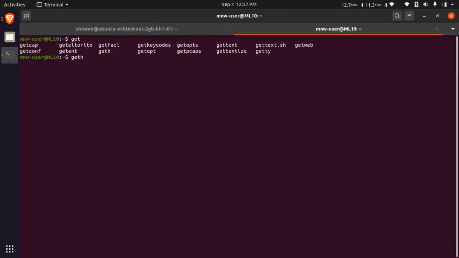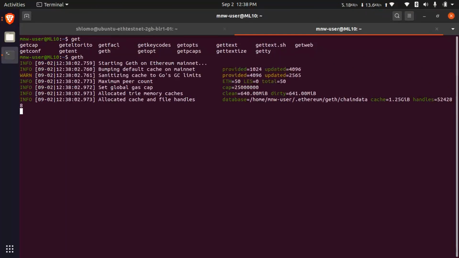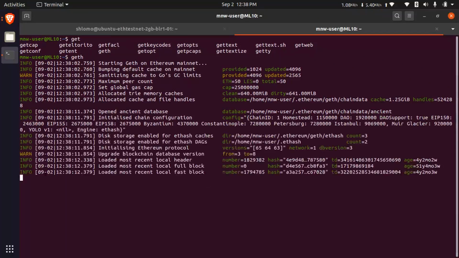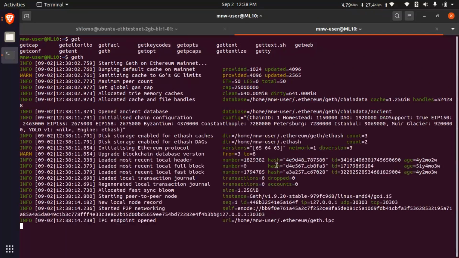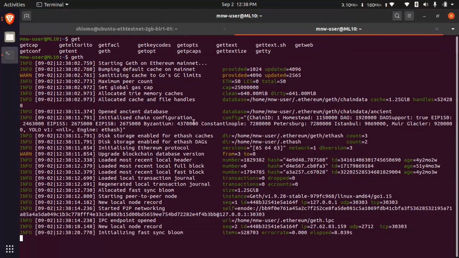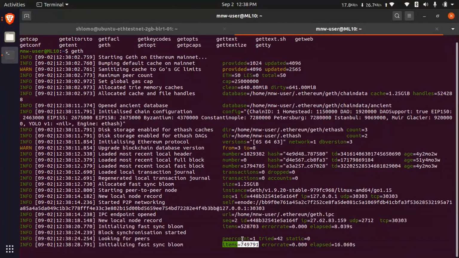While running your exe, what output is it giving? If you are running plain Geth, it will run like this. This is what it gives in Windows. Just confirm. This is started. This kind of output will be given, but it will download the entire blockchain data. Peer count is one, looking for peers.